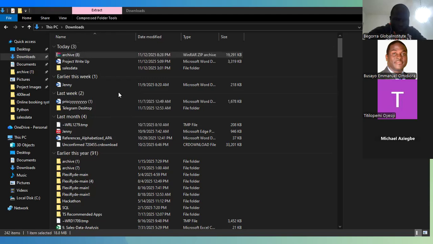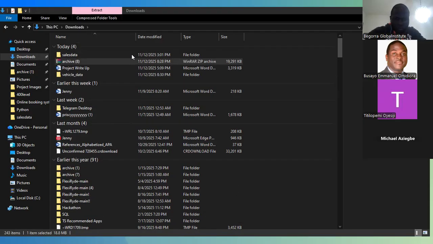Clicking on extract files gives me an opportunity for renaming the file. Since the file is about vehicles, I want to save it as vehicle data. Let me just put data. And then I'll click on OK.